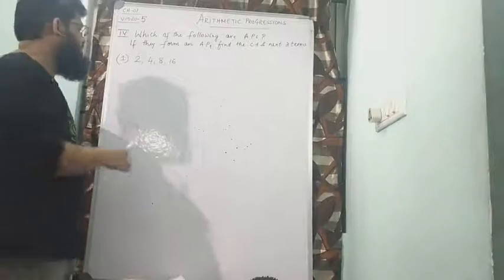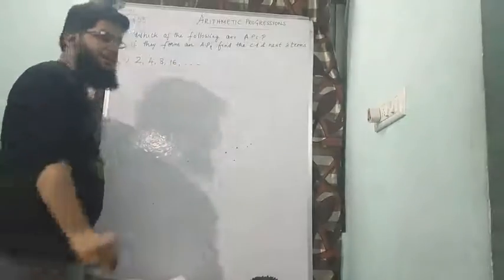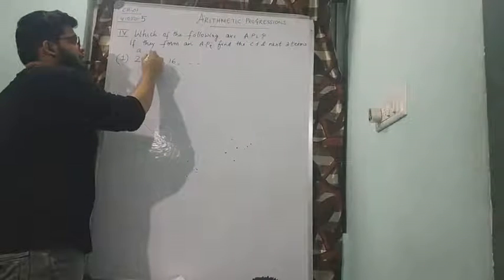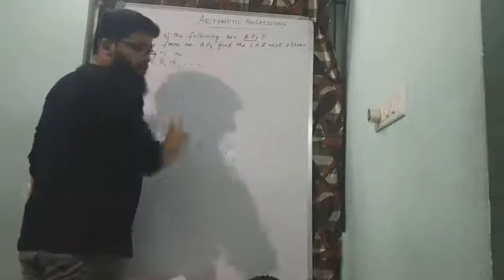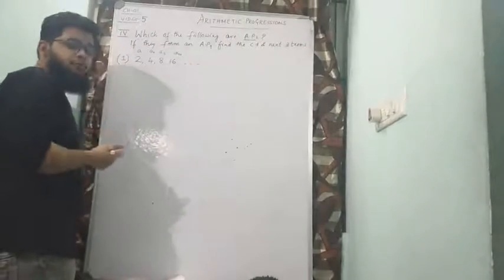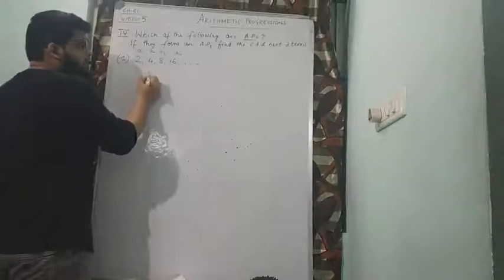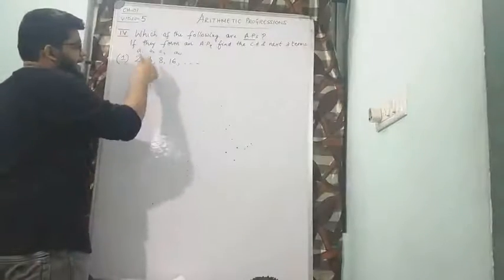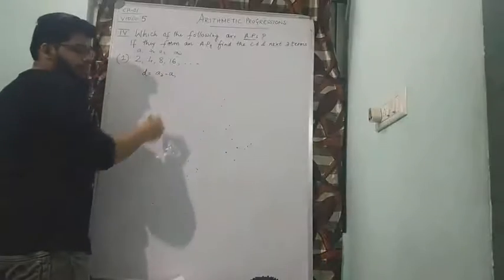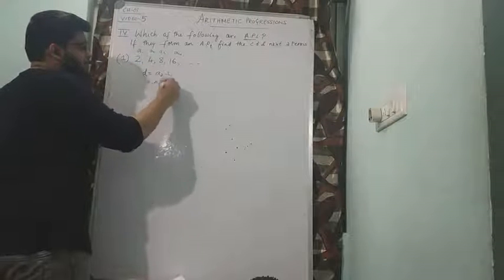The first question tells 2, 4, 8 and 16 are the first four terms of the AP. I may call this as A1, A2, A3 and A4. Our first job is to prove whether they are AP or not. And let us see how to prove it. We have already seen that in our previous classes. So what I will do is, let me find out first time common difference. D I can find out by A2 minus A1. A2 is 4 minus A1 is 2 and 4 minus 2 is 2.